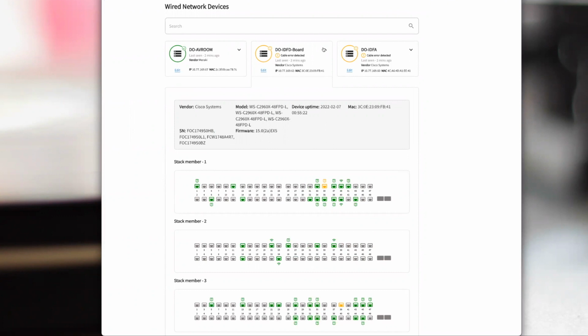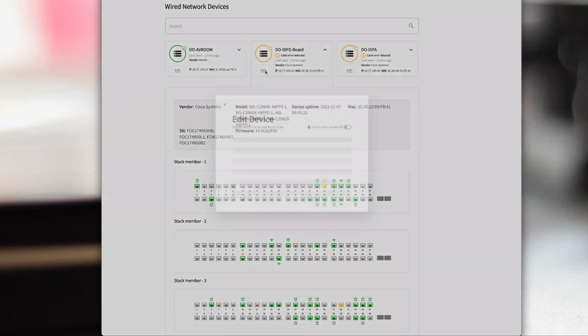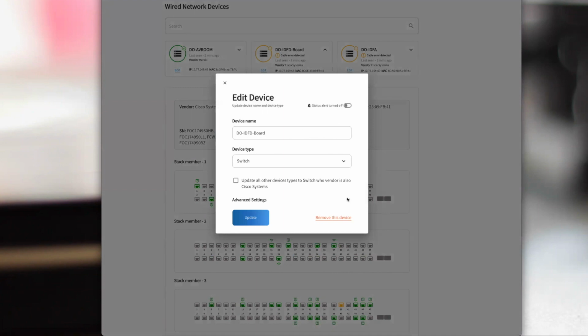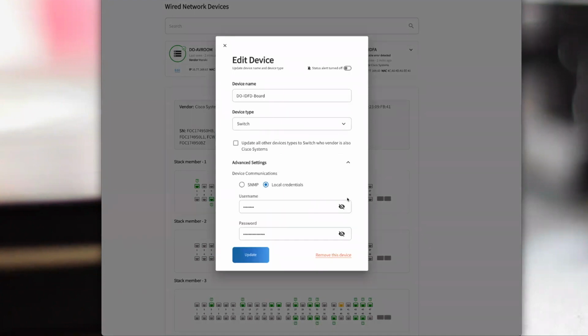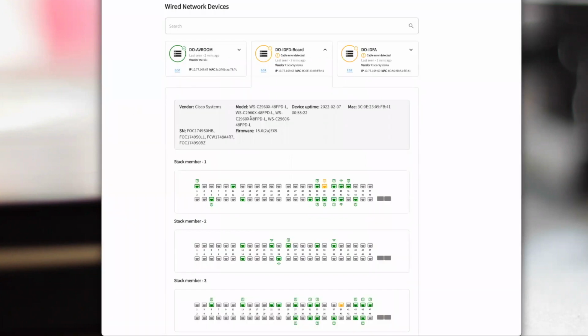So how are we getting this information? SNMP could certainly be one way, but in reality, what we actually prefer to do is we have the ability to actually take in credentials of a device directly. And what we can do is if we enter in local credentials, a user can type in its username and password. Friday uses these credentials and actually probes the device, getting various show commands via the CLI, and actually is able to extract that information and show it over here on what we're seeing on things like this, the vendor,